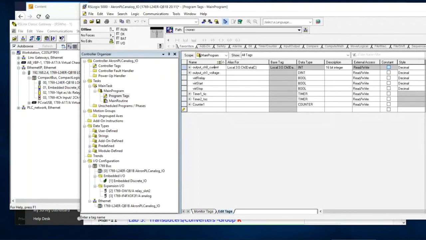But what I plan on doing is I'm going to output a number to my output current, and I'm going to output a number to my voltage, and then we're going to read those in and see what those are. So we're going to have an input. So I'm going to have input voltage,